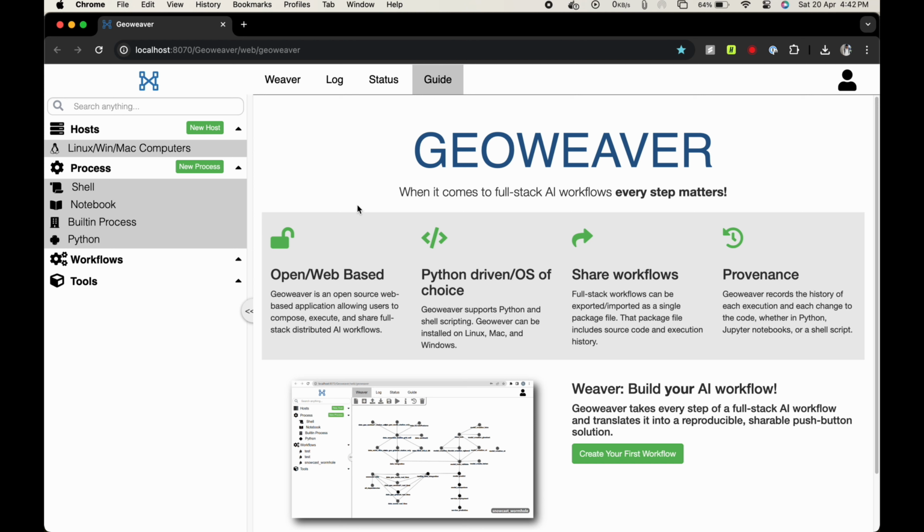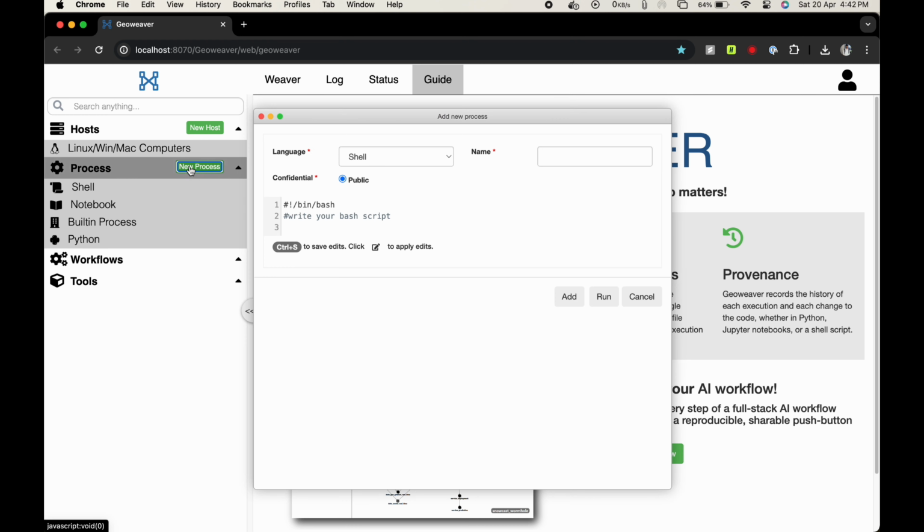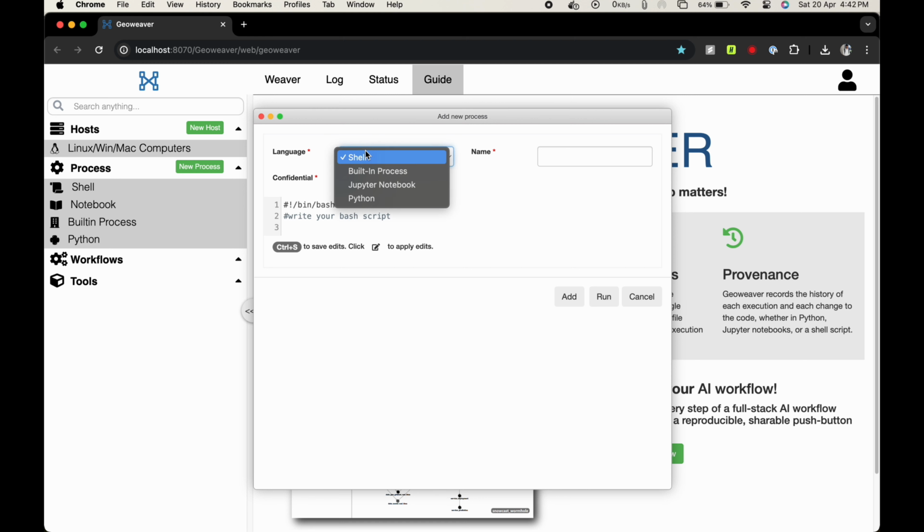Let's dive into creating our first process. Start by clicking on the New Process button in the left panel. This will open a pop-up window where you can define the details of your new process. In the pop-up, you'll see fields for the process, language, process name, and a code editor where you'll write your script. Let's choose Python as our language